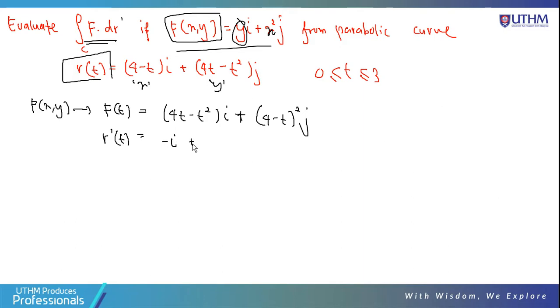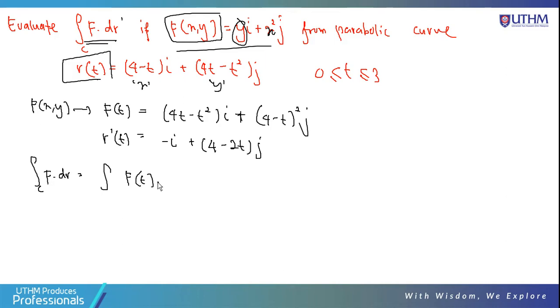Plus, the y component, differentiate the y component with respect to t. So you can get 4 minus 2t, j. Okay, you have settled that, so now you can form the integral of f dot dr equals the integral of f(t),